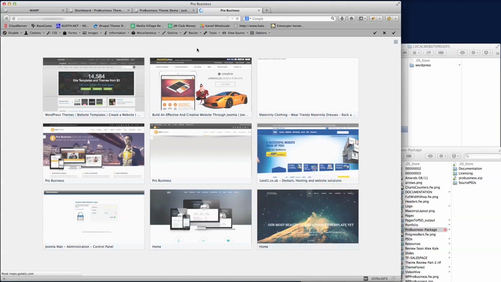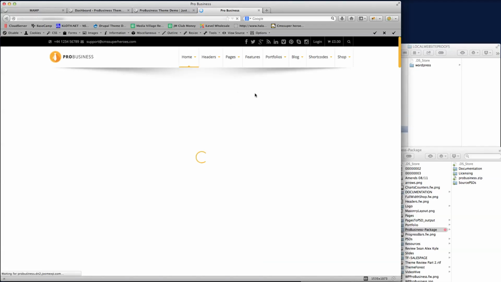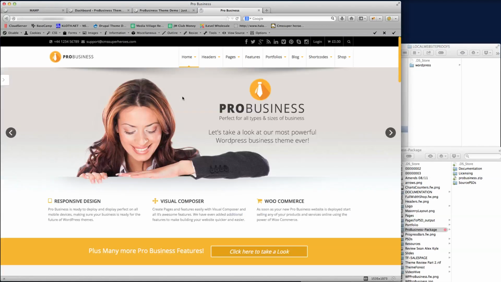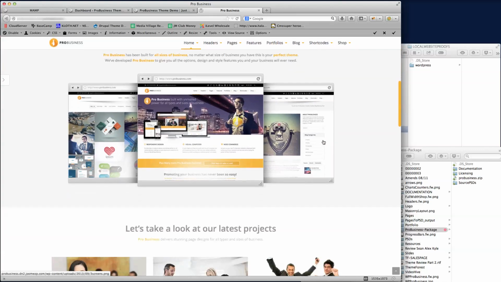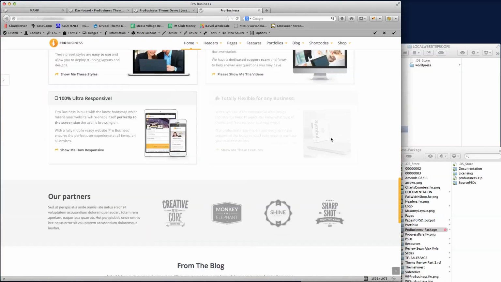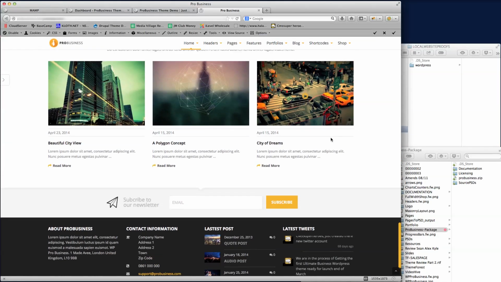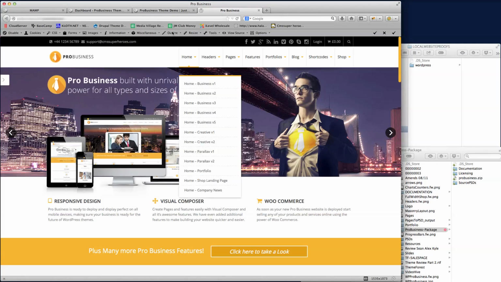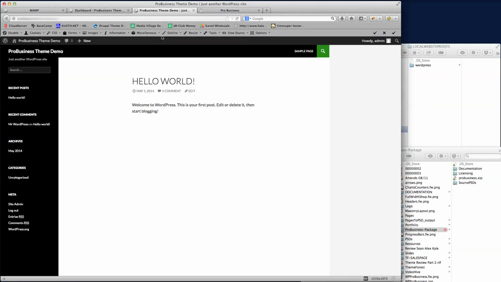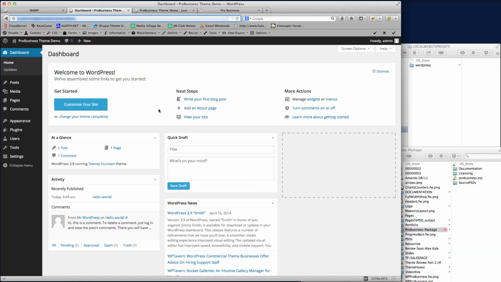Once we've installed the demo data, we'll show you how to start making things look like this theme, but it gets all the details in there for you so you can start enjoying this theme, configuring it and putting your content on there. So the first thing we need to do, this is our default install of WordPress. The next thing we need to do is move over to the back end of the default install,